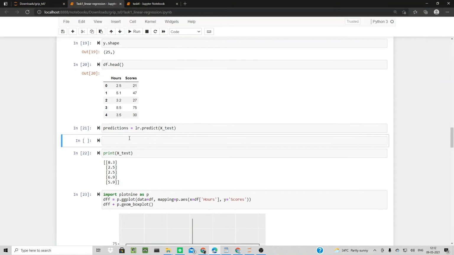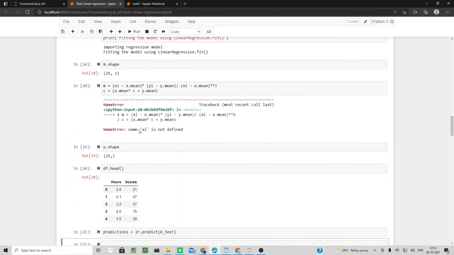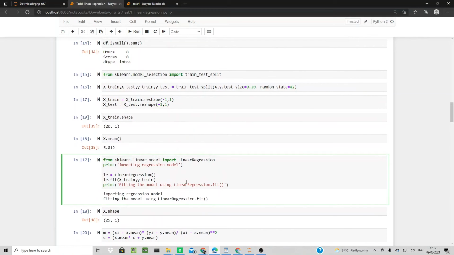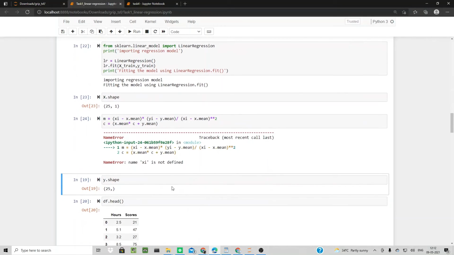So I'm going to plot a box plot for the number of hours and scores using Plotline. Plotline is a visualization and it is so amazing. Now I'm going to plot a straight line. So this is a line, but I got it in this manner because the values are not trained ones.